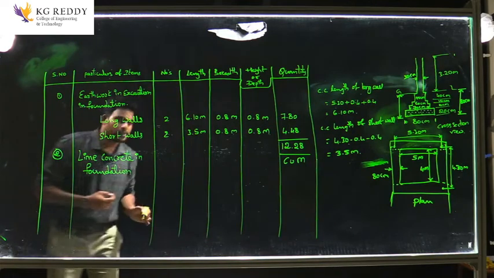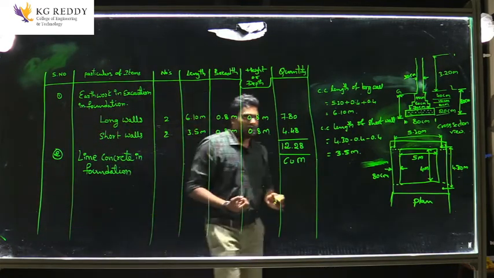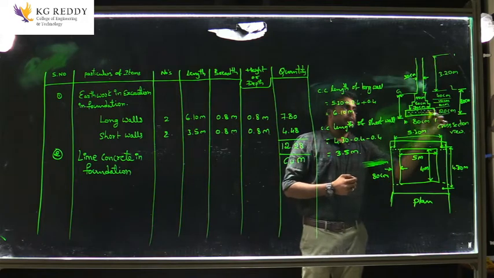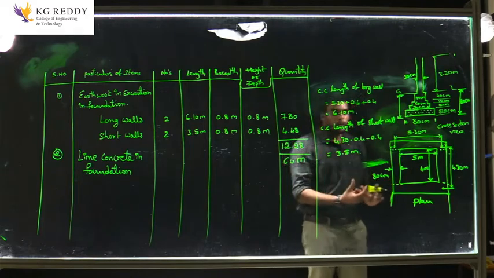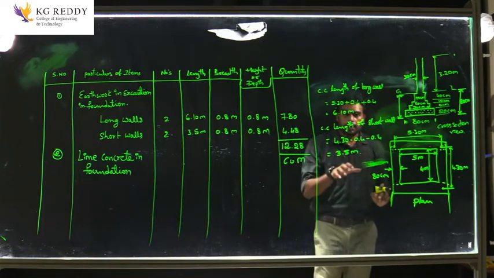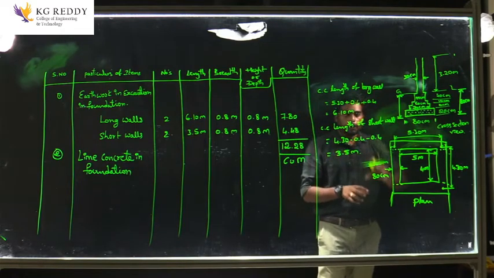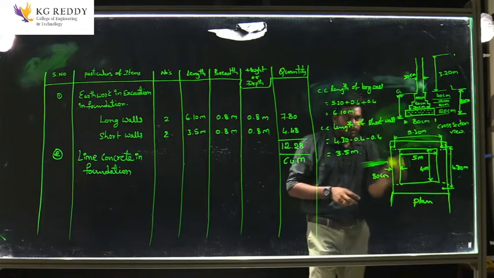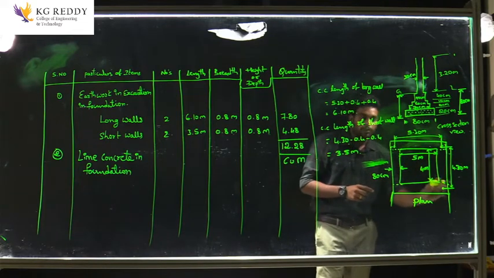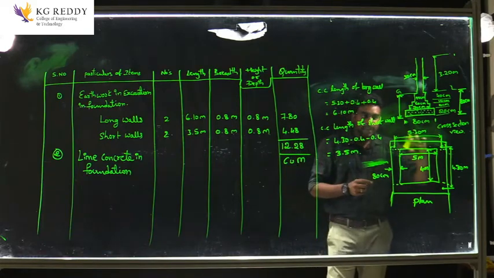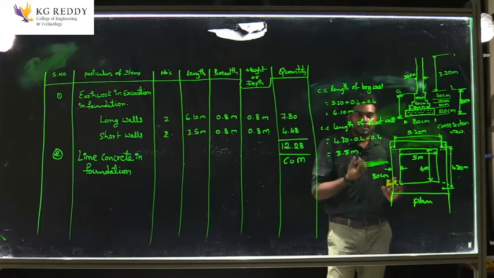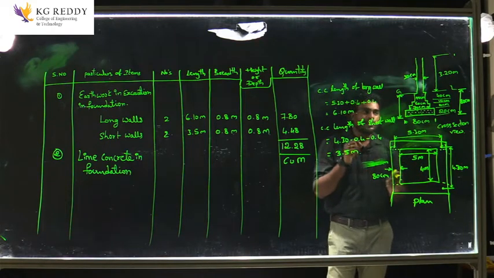So the second one is the lime concrete in foundation. Just observe this diagram. This dotted block is the lime concrete in foundation. After the completion of excavation, if we observe from the top view, we will see the structure like this, right? In the same width, we are going to construct the lime concrete. So the height of